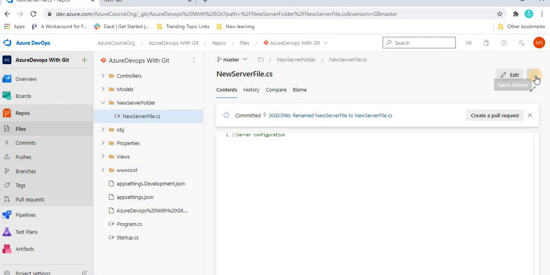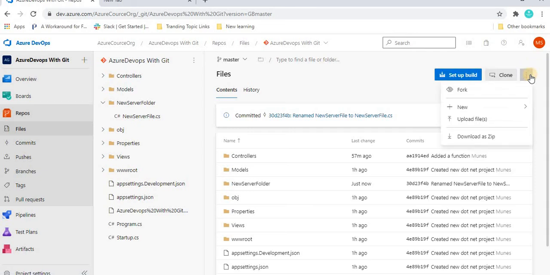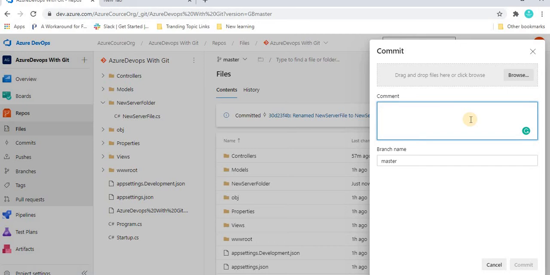Now there are so many more things. Here we have selected a particular file, that's why the respective changes are showing here. If you click here, we can even upload a file also. Once I click on that upload file, you can browse from here. If you want to insert an image or any file, you can browse from here. All of it works in the same fashion.